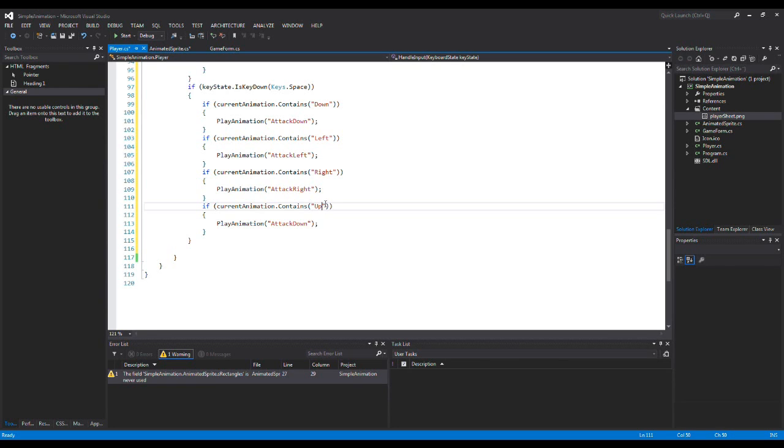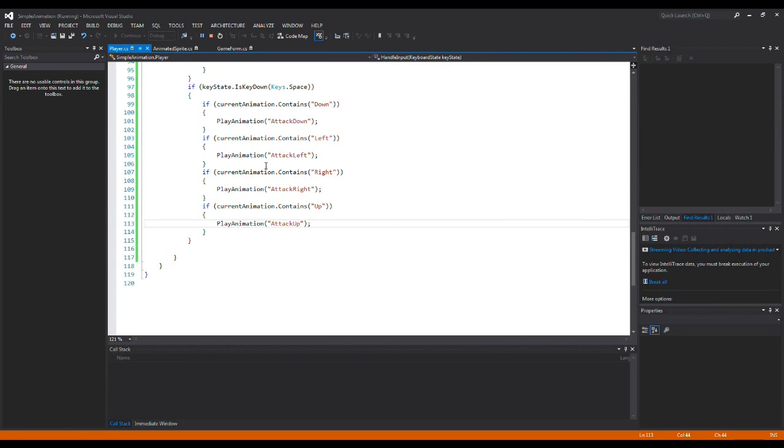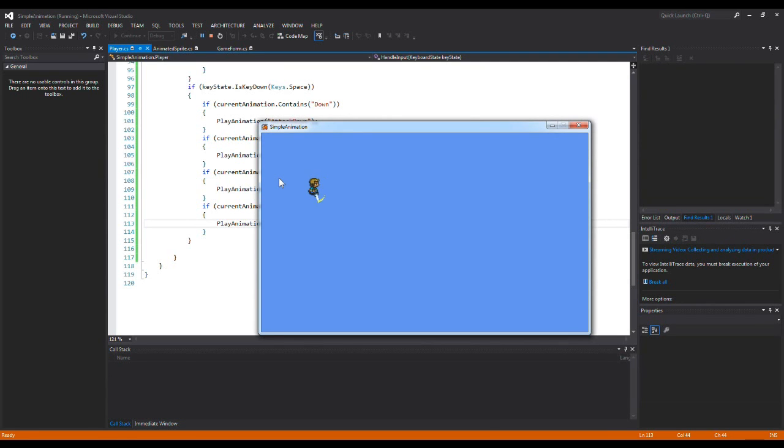Up, attack, up. So if I run my code now, I should be able to attack to the different sides. You can see there's an offset problem still right now, and it just keeps attacking, but we're also gonna fix that. But at least it's attacking in the right directions right now. Okay,